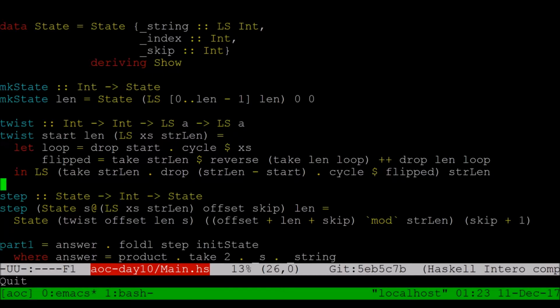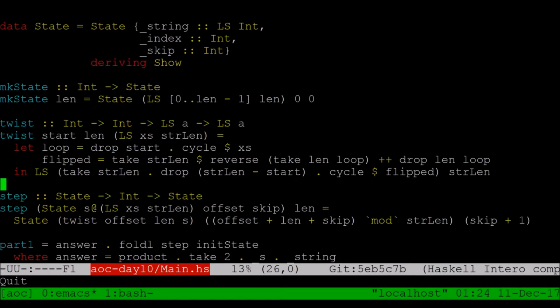The whole focus of this algorithm, what is the hard part of this? It is implementing the twisting thing, right? Where you take a subset of a list and you flip it. The rest, keeping track of where you should flip, keeping track of what the string is in between flips, incrementing the skip, it's all super, super, super easy. But